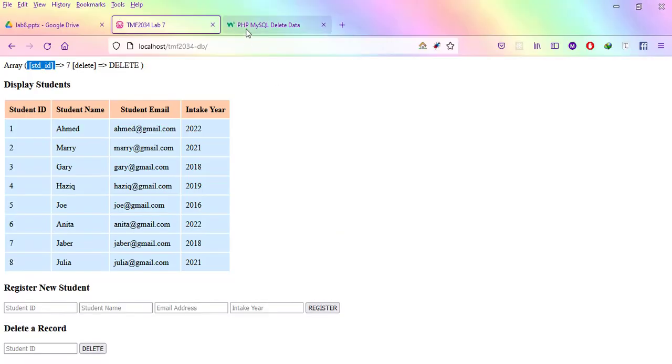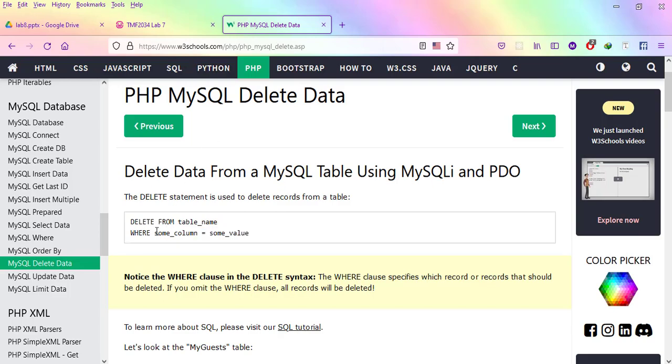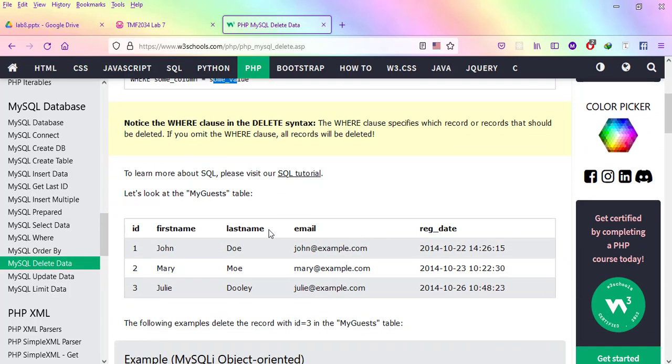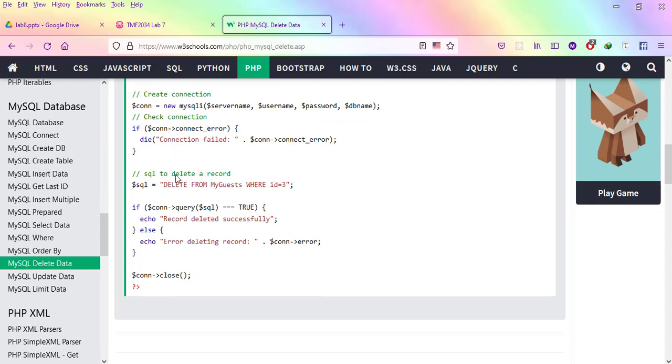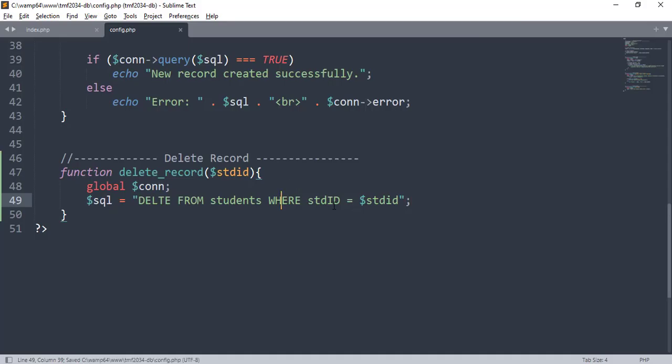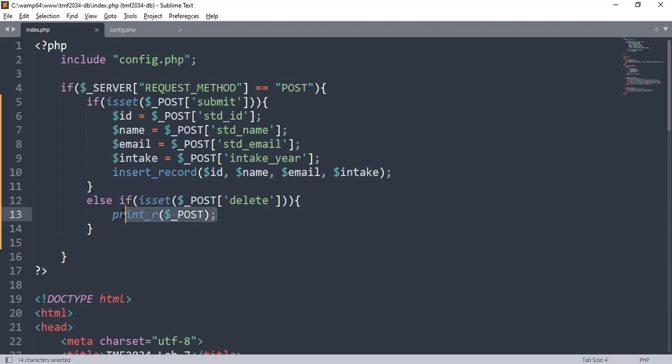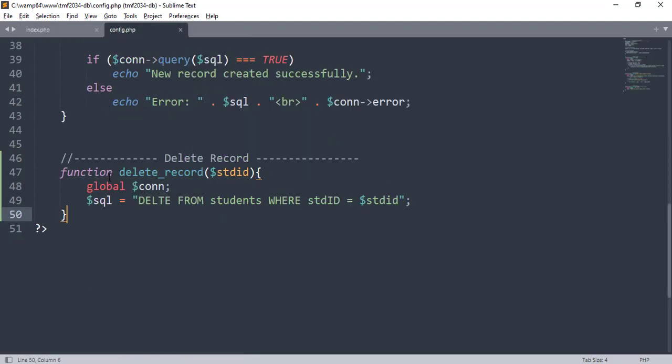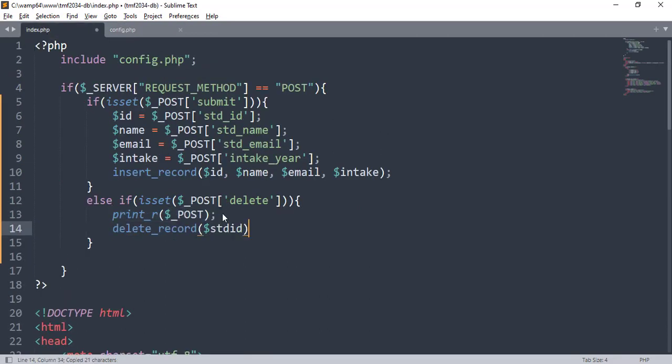The syntax you can check here: delete from some table where some column equals some value. You can check here, delete from guest where the ID equals 3, but here we are receiving the ID, student ID. Now there is a problem. We need to call this function. Here we need to call this function deleteRecord. We are calling the function deleteRecord,